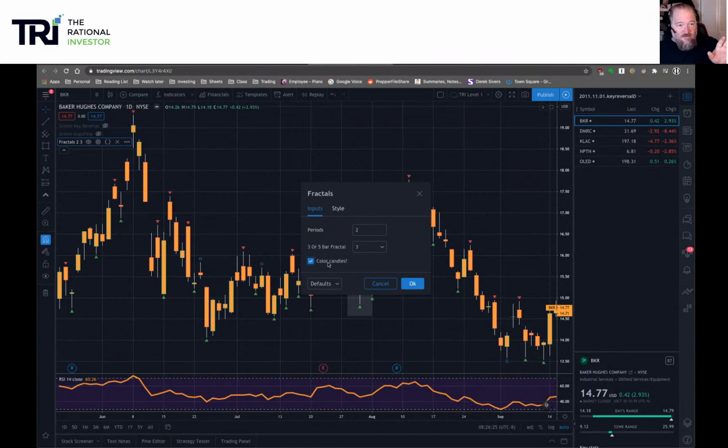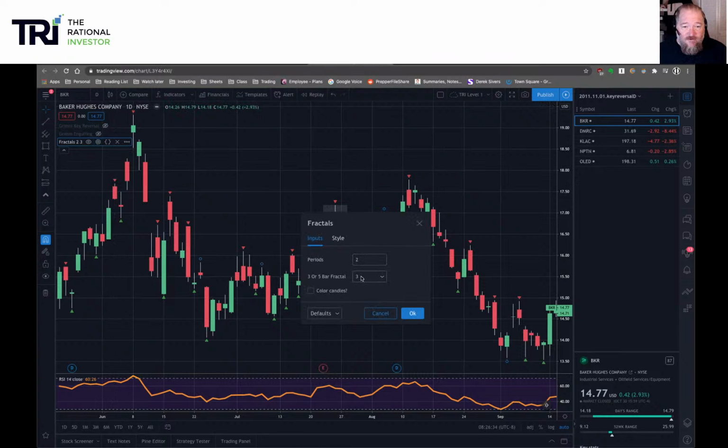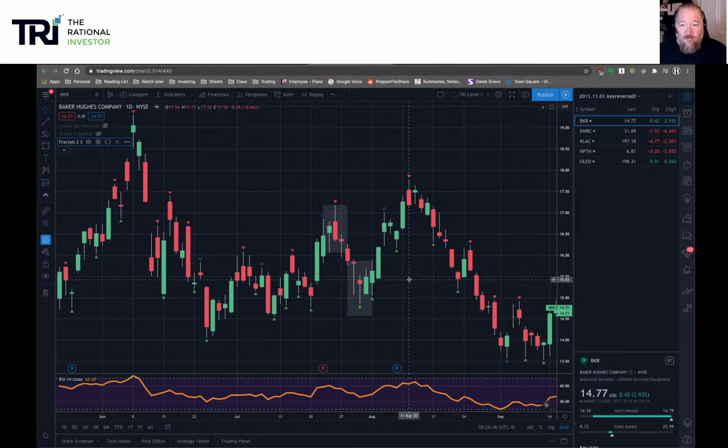So I turn that off just for simplicity's sake. But then what we're going to see here, and you'll see by default it goes to 3 bar fractal. You can set it to a 5 bar fractal, and that will be fewer signals, and that's fine. But we're okay with a 3 bar fractal in here. And just leave the number of periods at 2 for right now. But what we're going to see here is this puts markers on the chart for where each of these fractals